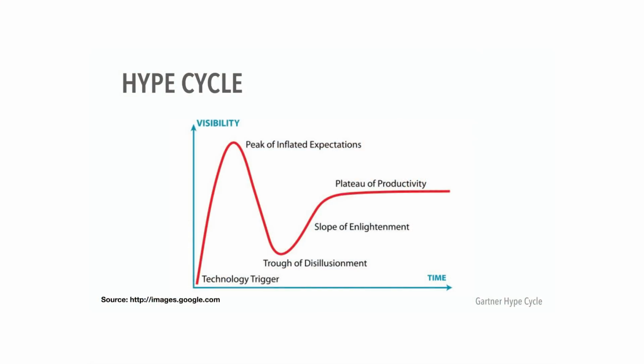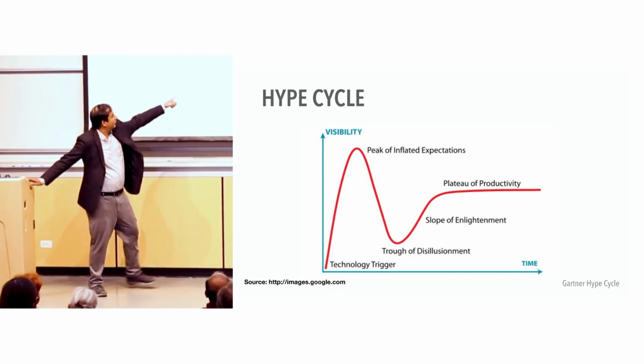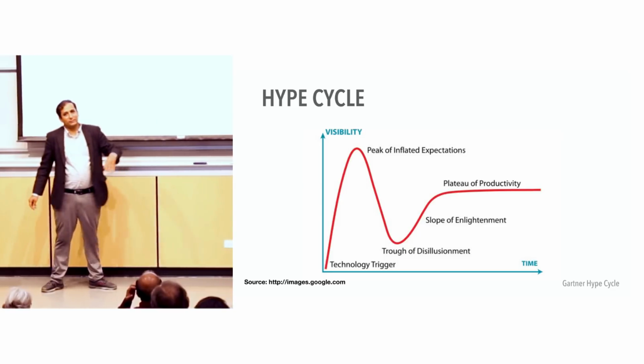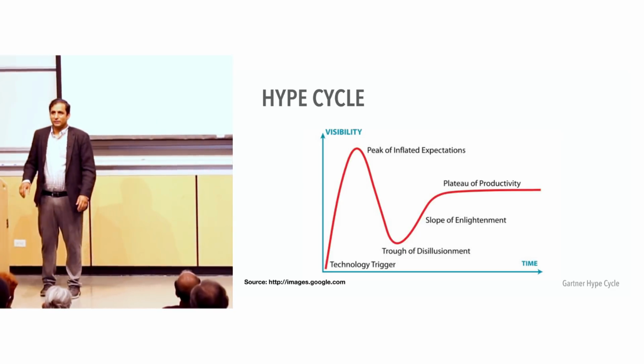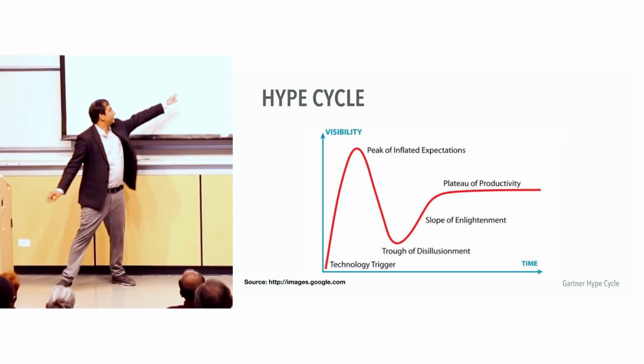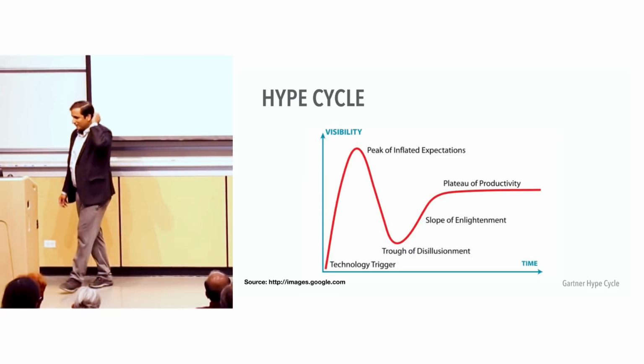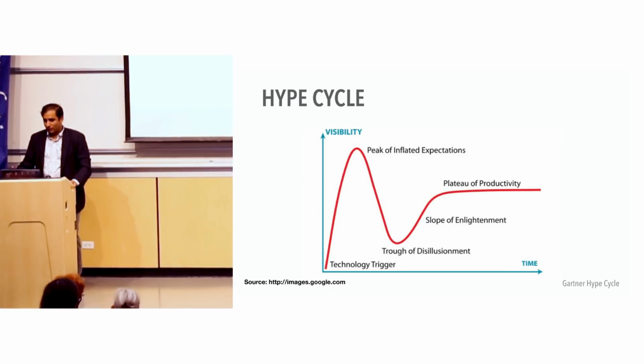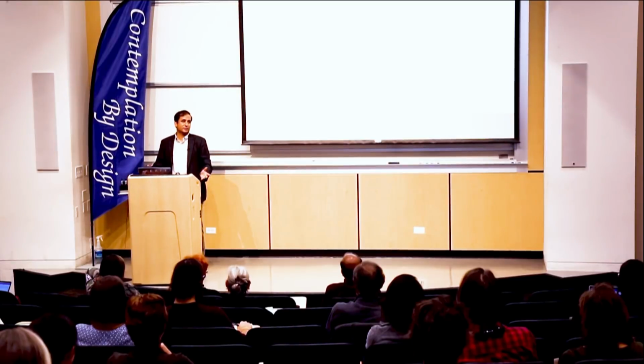And because we live in Silicon Valley, I looked up what the hell a hype cycle is exactly. And apparently it's something like this. When a technology comes in, we are very excited about it. And then we realize, oh my God, it's not that awesome. And then we're somewhere here. And then it takes a while for us to go back and really use it. So if you're a Bitcoin fan, you're probably somewhere here right now. Maybe. And so I said, okay, how can we see whether this is the case for meditation?